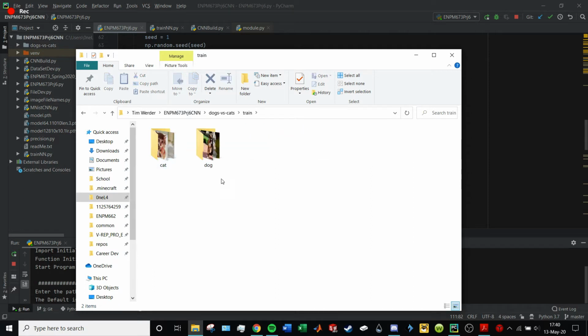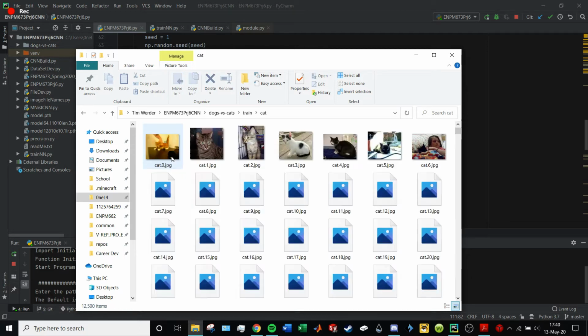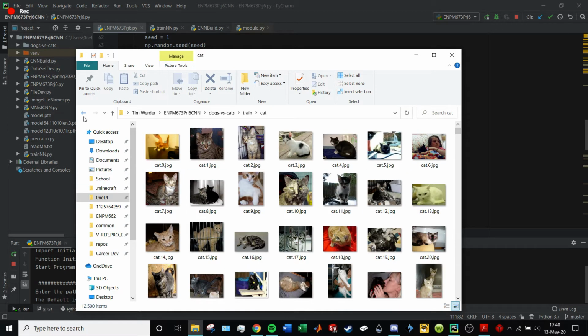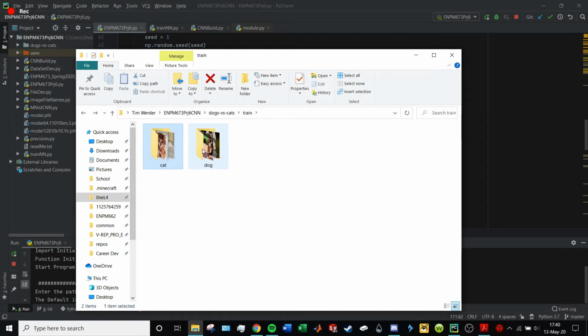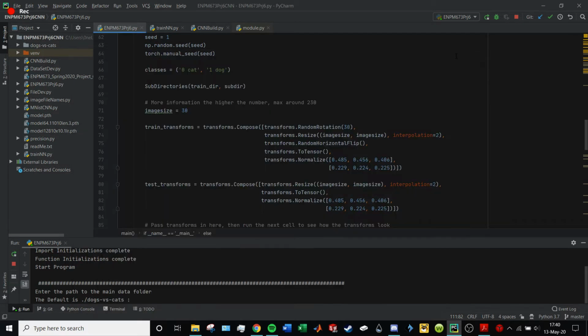Originally, there was just a train folder that was right here, but our program will make it so that all of the cat pictures go in here, and all of the dog pictures go in here. And the labels of our folders, or our subdirectories, are actually our labels for our training. We actually don't have any labels for the testing,